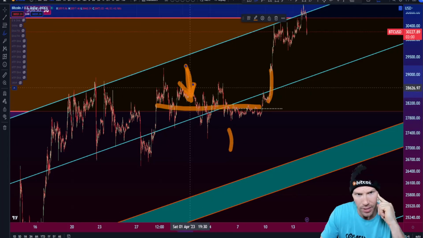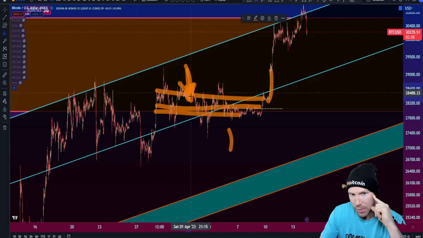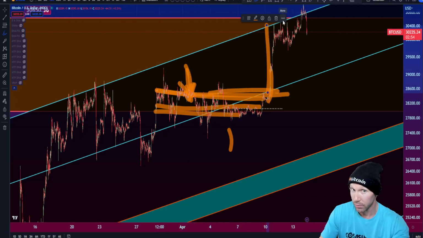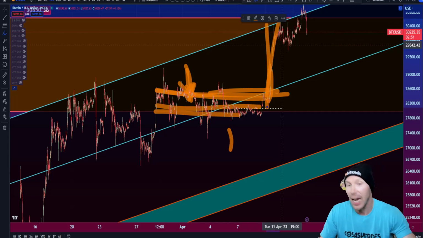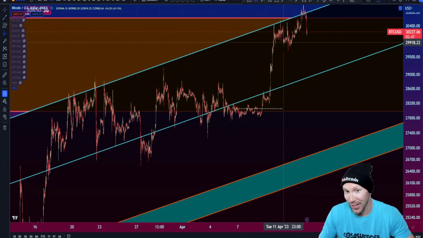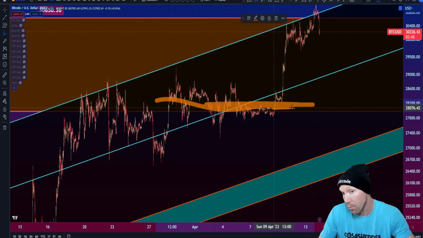I think in my community, I said, you know what? This is stuck in a 5% range. I'm done until it's out of this box. But once it was out of the box, I missed it. I didn't catch this. I had no reason to think it was going to do this, on my chart, at least. Perhaps another chart would have shown this as support.